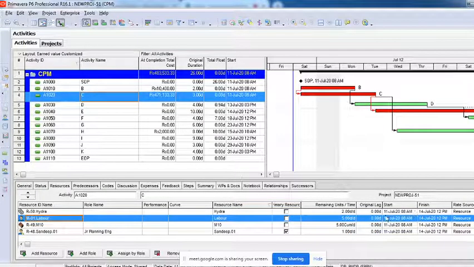Here it is, on this activity C, we want for 3 days from 11th to 14th. I need 5 laborers per day, so the total is 5 into 3, which is 15. Now 15 into your calendar, probably a 10-hour calendar, gives 150 hours of work that our mason or laborer has on that particular activity.